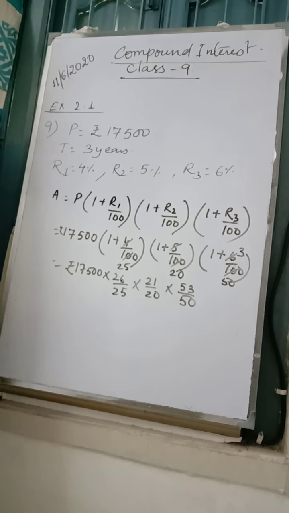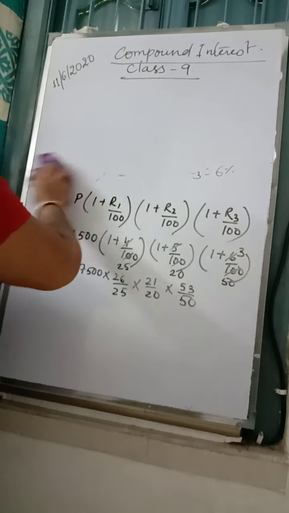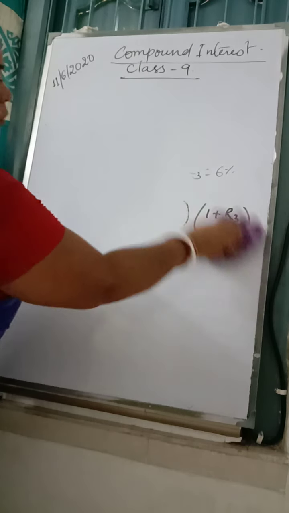Now you see, before 18 you can see question number 14 is a little different. Look at question number 14 first. The simple interest on a certain sum of money at 4% per annum for 2 years is 1,500. What will be the compound interest payable on the same sum for the same time? Here it is quite different from the other sums, so I have taken this. You can see the simple interest is given. First of all, you have to get the principal. Once the principal is found, then you have to use that principal to get CI. Is it? Have a look.